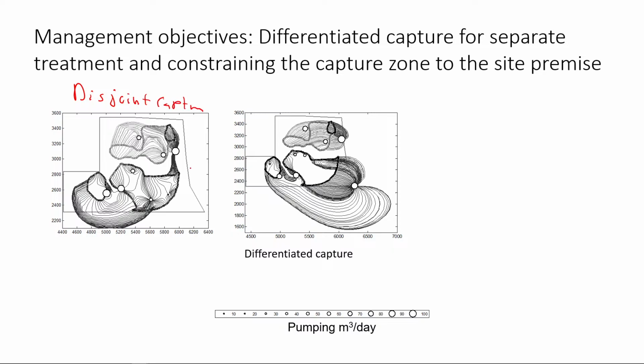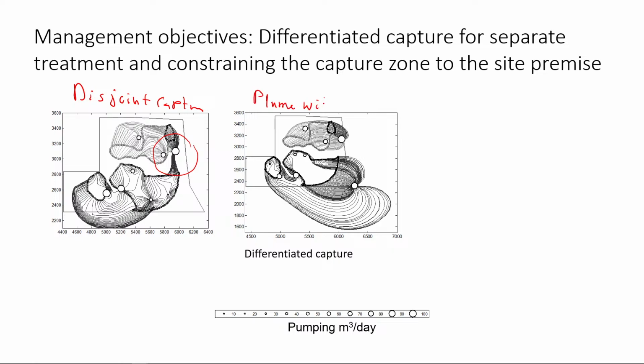When you don't build it into your objective functions, then you get something like this. You get cross contamination. You are not jointly capturing them. Now, when you don't build that containing the plume, like containing plume